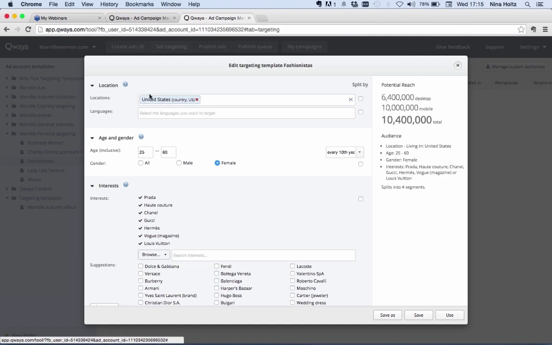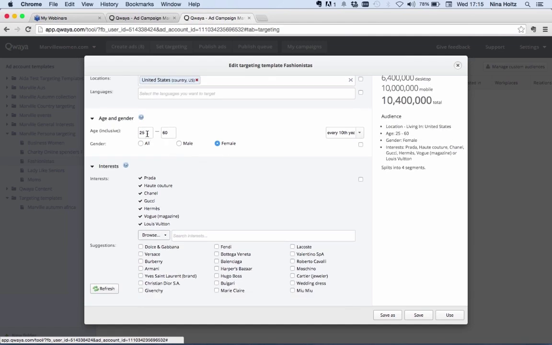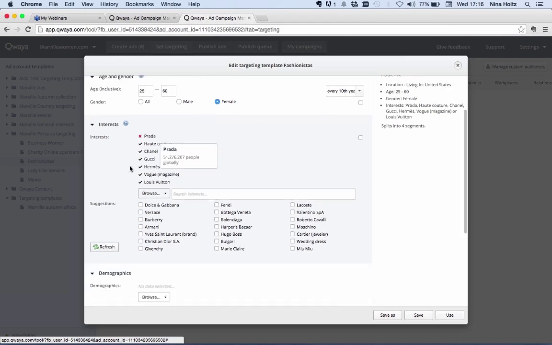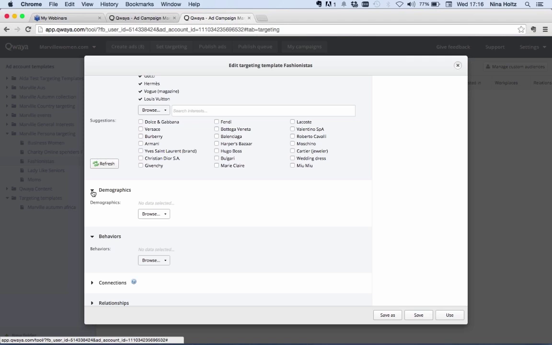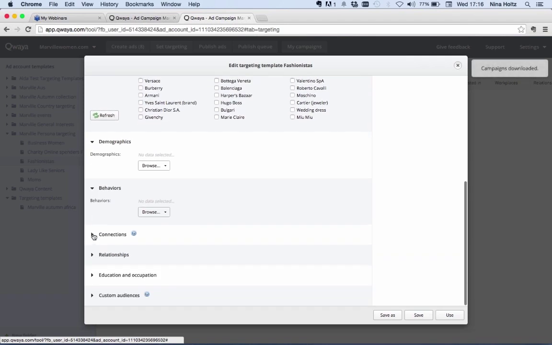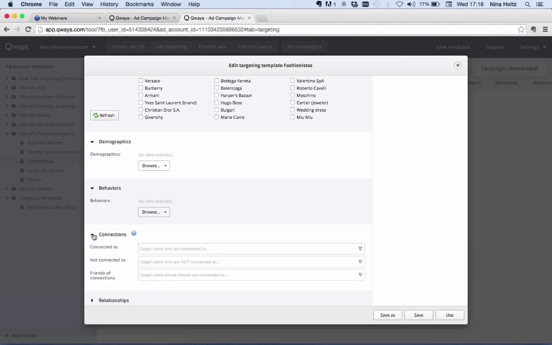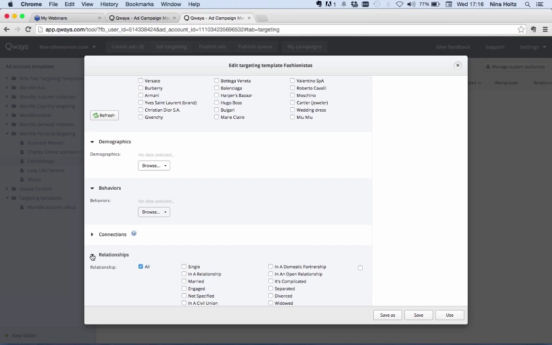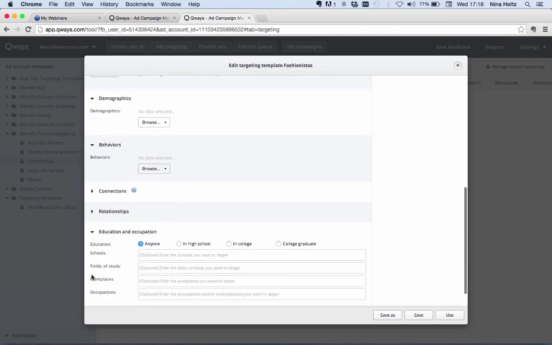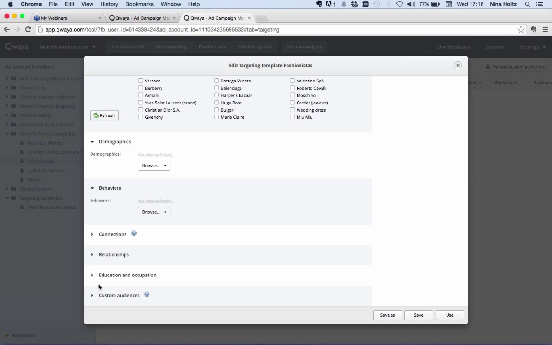And here you can see I've selected United States. I've selected to target people between 25 and 60 and only females. I've selected some different interests, and you can always just type in more interests here if you want to. And when you type in an interest, you would get suggestions down here. Then you have the demographic targeting, you have the behavior targeting. Here you have the connection targeting, so if you want to target people that are fans of your page or not. You also have the relationship targeting, you have education and occupation, and then down in the bottom you have